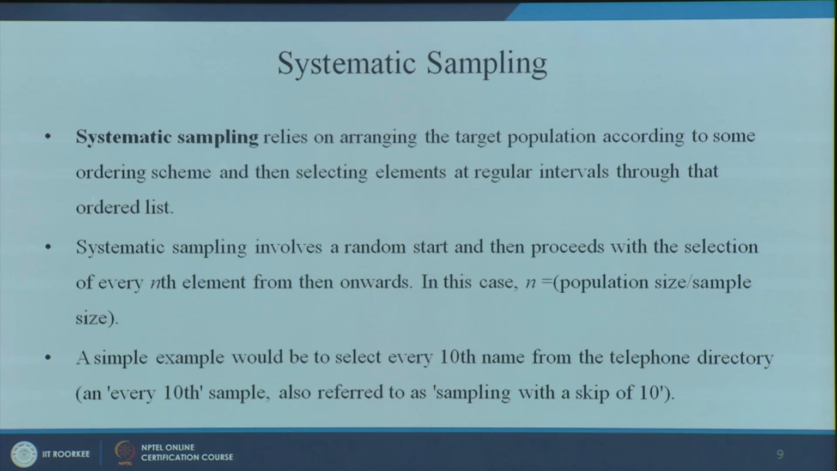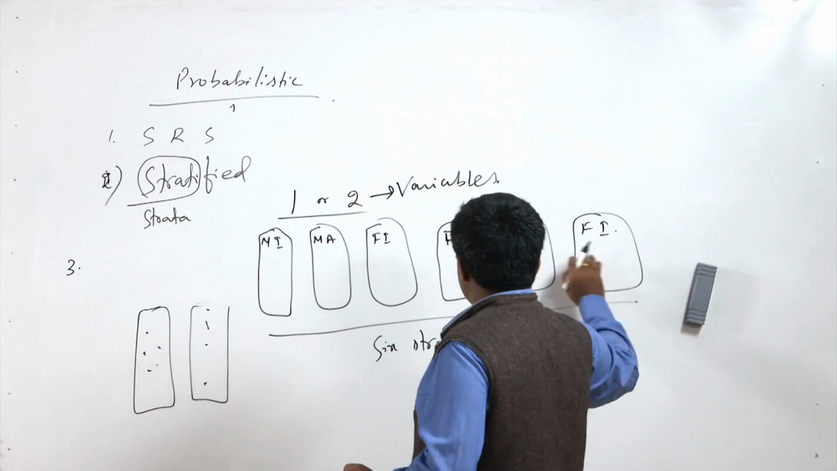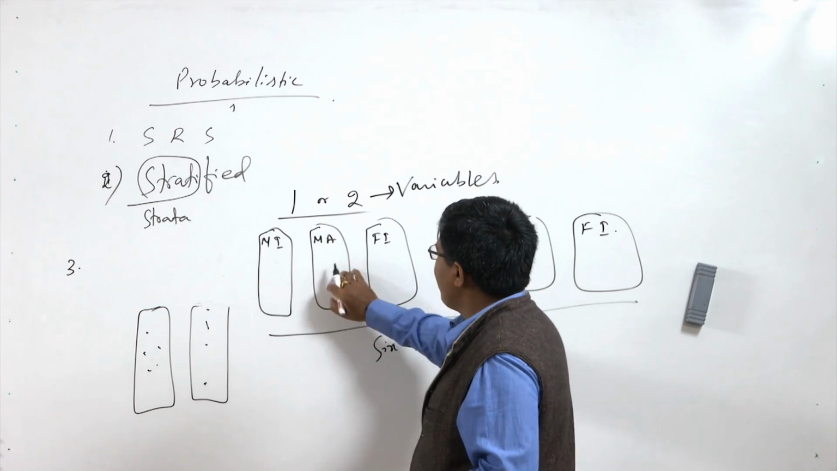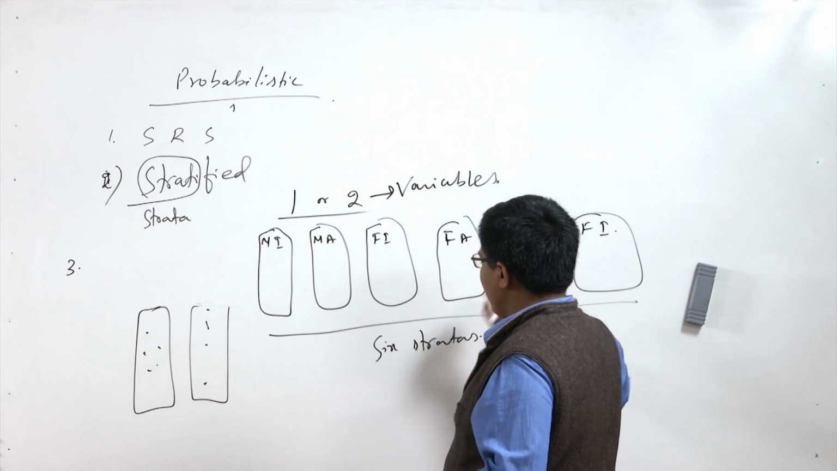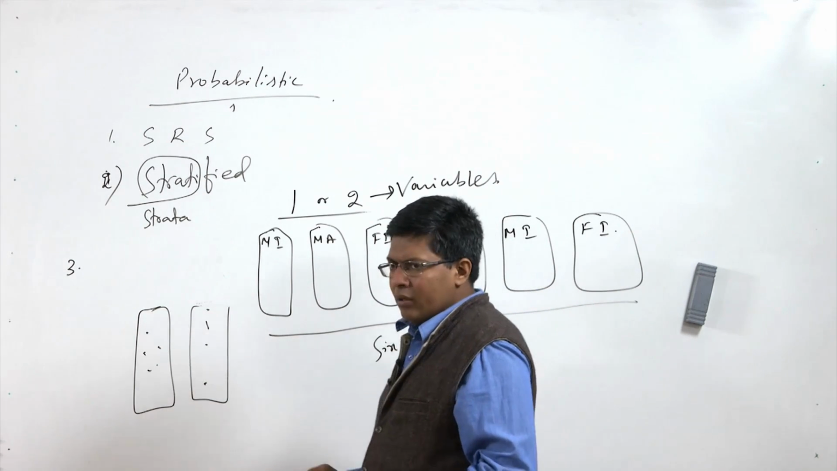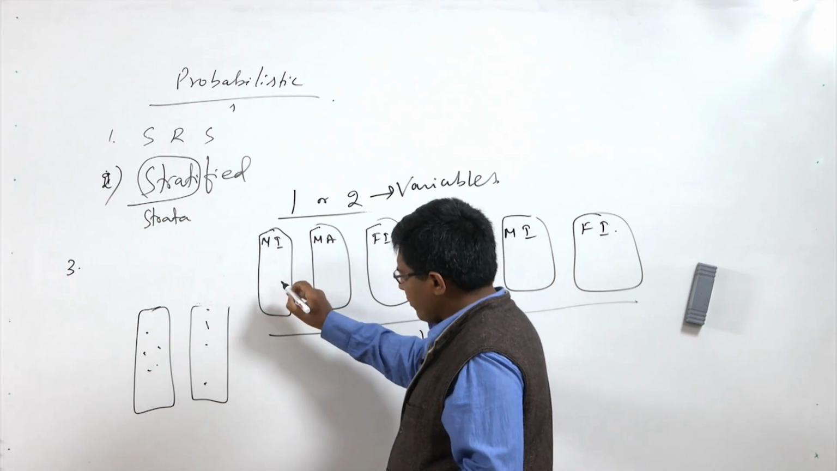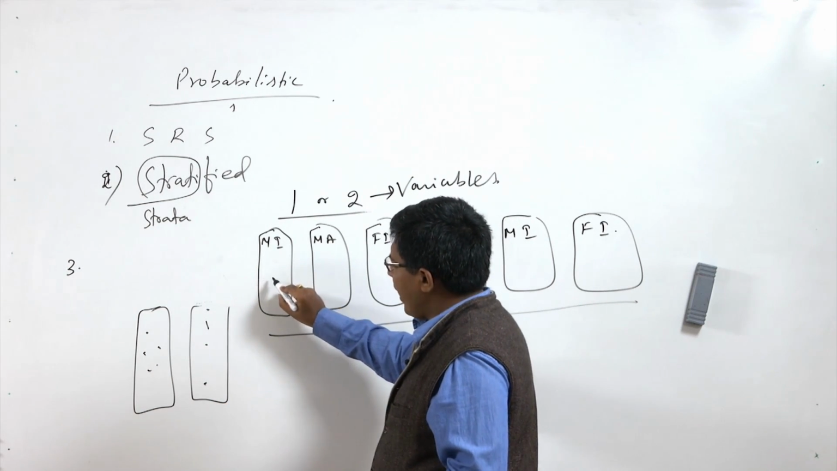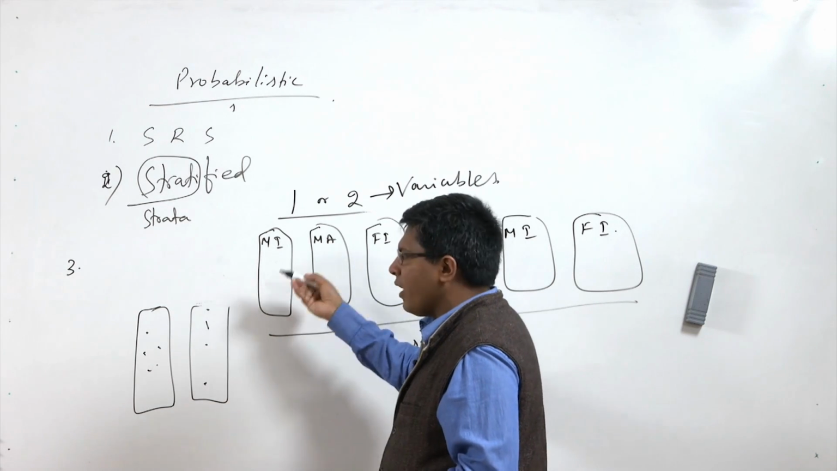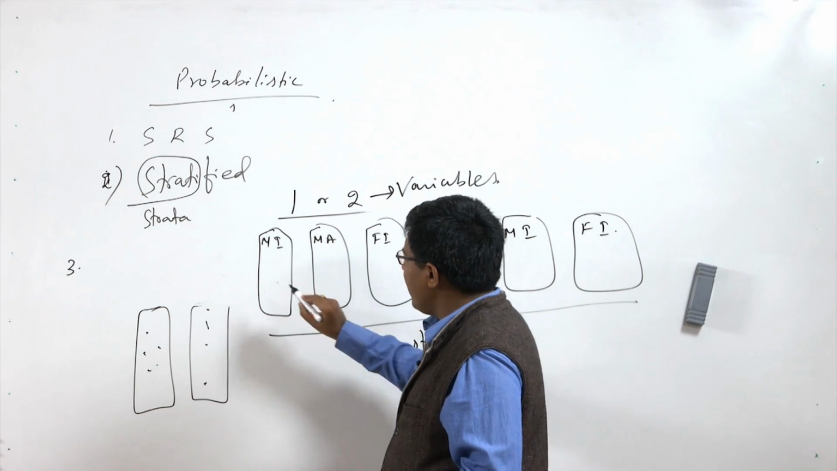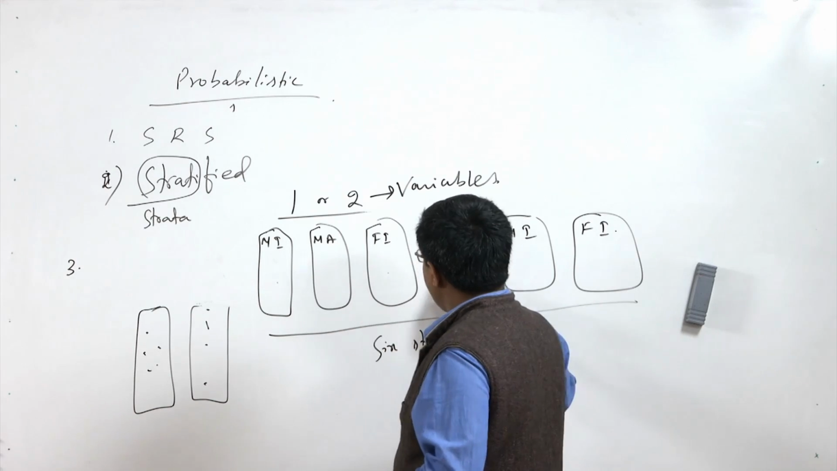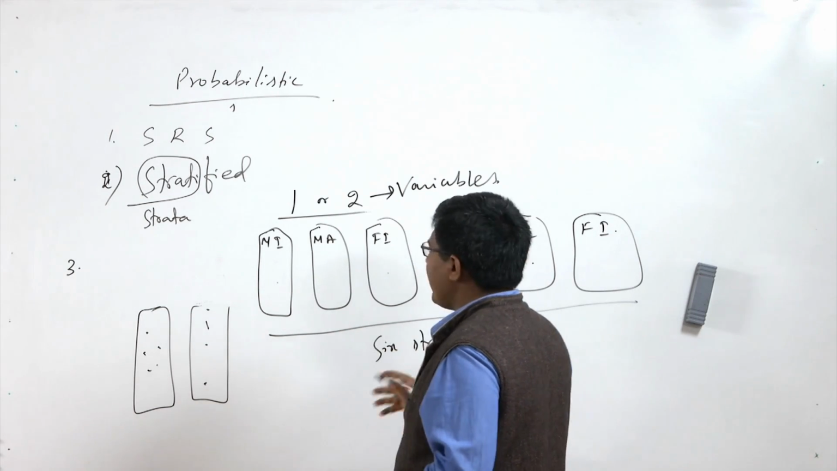For example, in this case, let us say there are 6 samples. Now, I want 3 samples out of it. So, what I can do is take every second alternative. First I will take this one, then leave this, take this one, leave this, and take this one. So, I have got 3